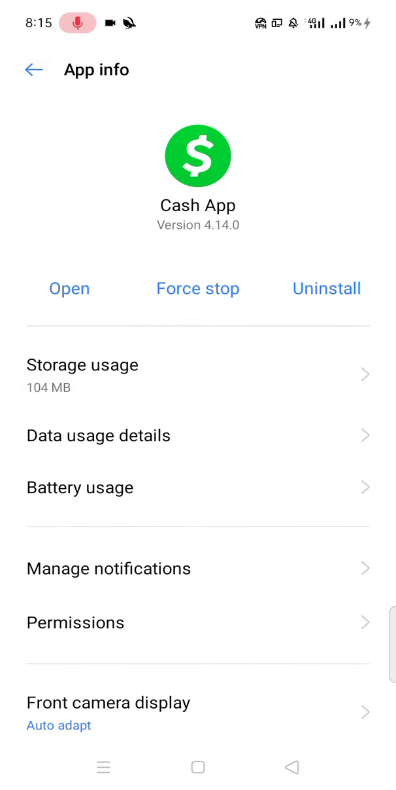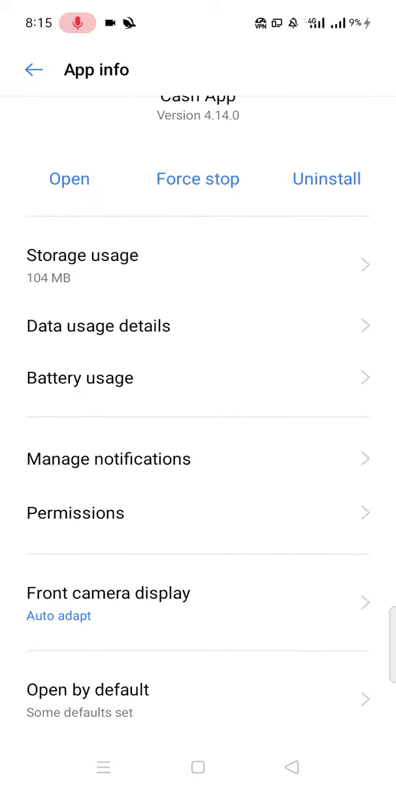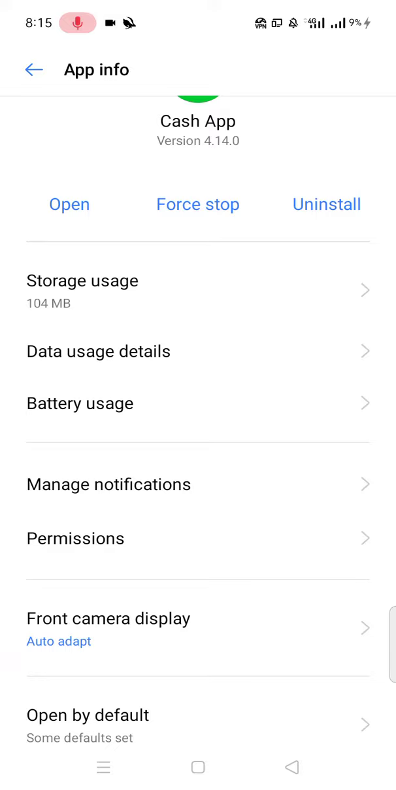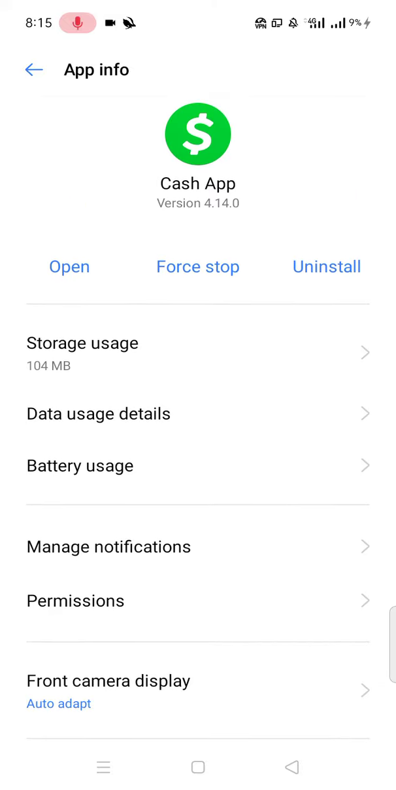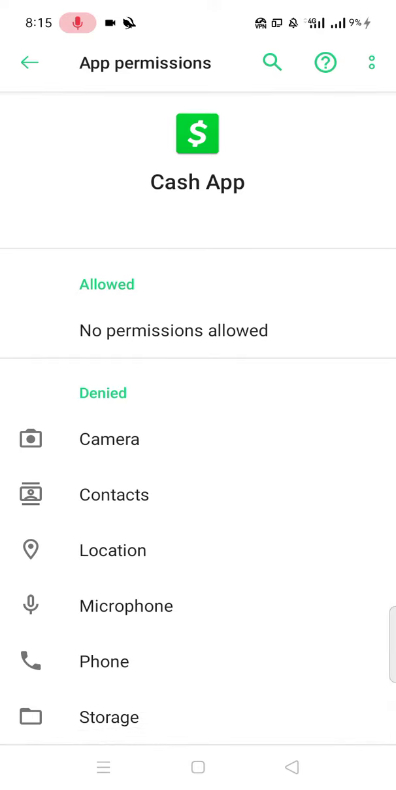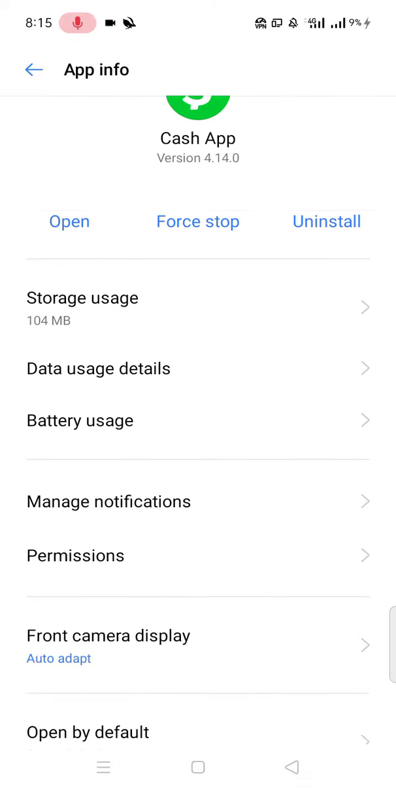If your internet connection is not working properly, just connect to your Wi-Fi. After connecting to Wi-Fi, here you see, again enter into the Cash App and click on permissions and allow all permissions: camera, contacts, location, storage, and etc. And check whether your problem has been